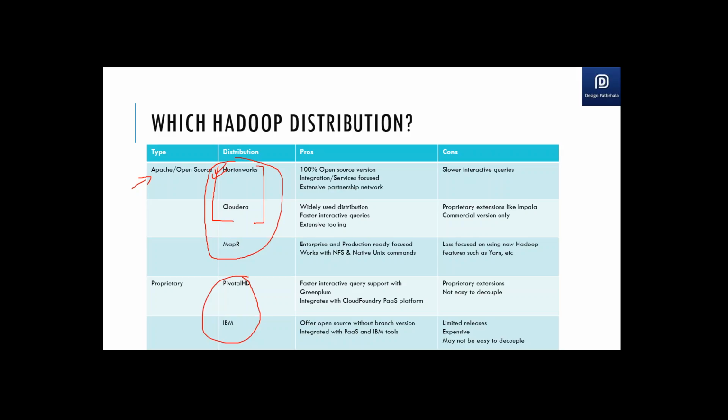Even bigger enterprises, top companies like eBay, also use Hortonworks. I don't have the inner information, but if I work for eBay, they were using Hortonworks. It depends on the organizations also, but Hortonworks and Cloudera are widely used across the industry.